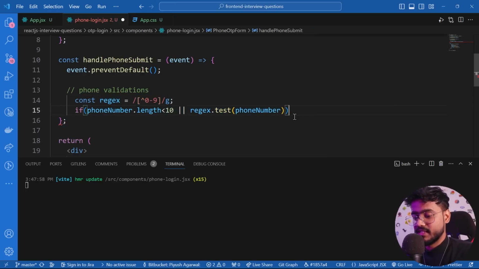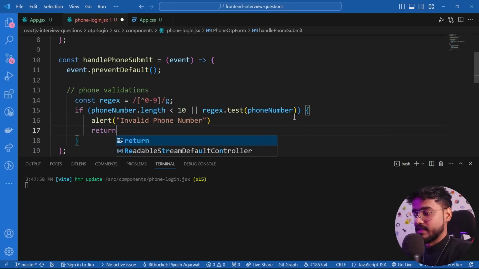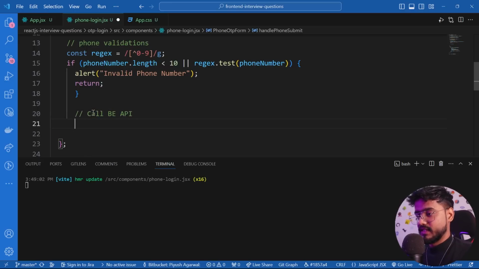If any of these conditions are satisfied, I'm going to say alert invalid phone number and return. Else I will simply show our OTP field. If our number is valid, then I'm going to show our OTP field. But before that, we are going to call the backend API so that we can send the OTP to the user. So if you have any backend API, you can integrate that over here. And after that, if it has been sent successfully, I'm going to say show